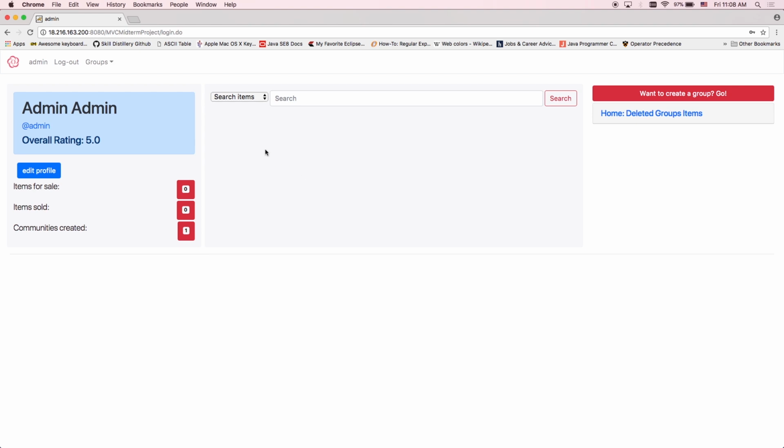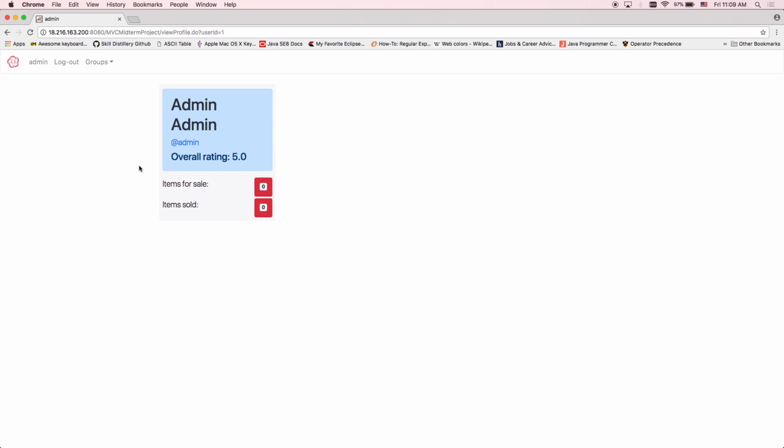So on the left here, you have your name, and if you click on the admin button, you can go to what your page looks like to others. Currently he has no items posted, so there are no items showing there, but it will show your profile and how many items you have for sale and how many you have sold, and then your overall seller's rating. If you go back,